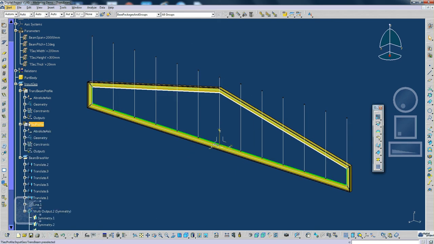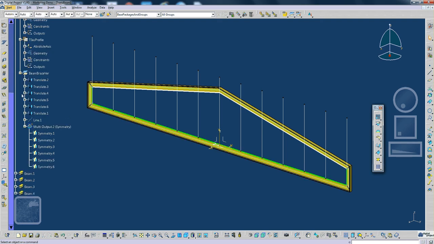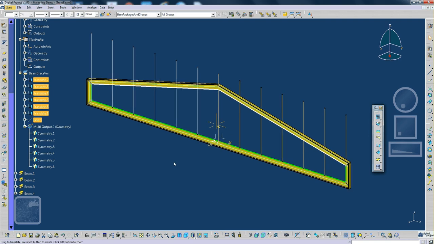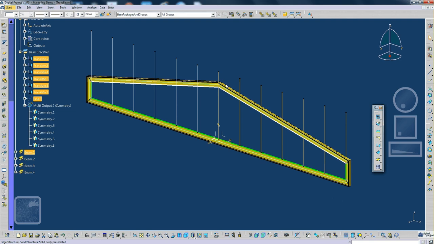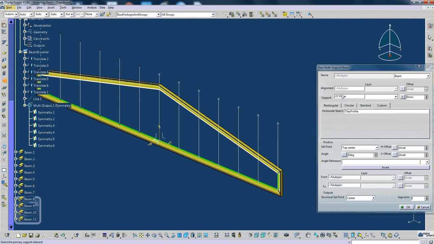And those are the beams. Our next operation will generate the intermediate beams. Okay, so what we do is we're going to pick those lines at one side, because we're going to use a different beam to trim it, so we cannot take all of them, as these two beams are different. So pick first, and then we use the same method using this multi-support beam. Okay, multiple entrance. The support, I'll pick